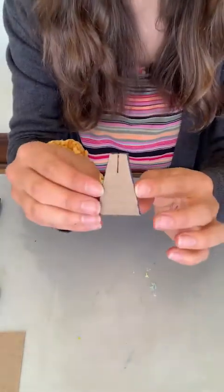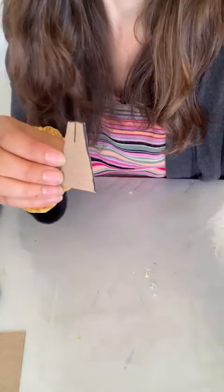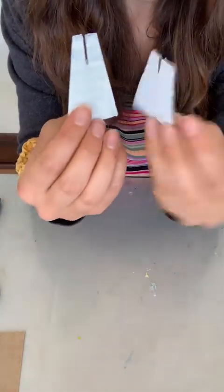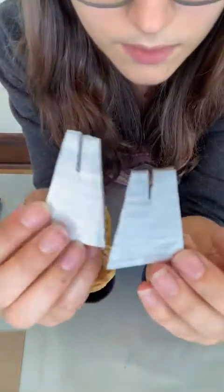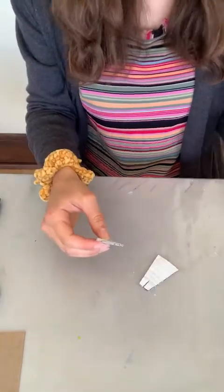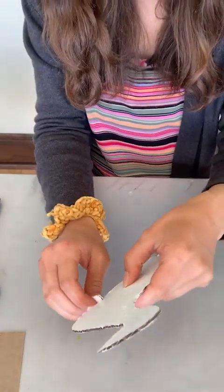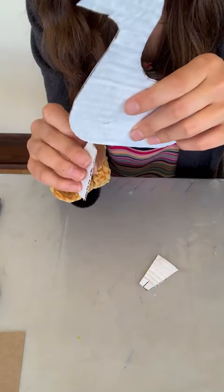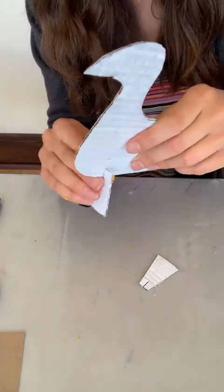And then you will want to paint these little things as well. So I have already done that as well. So we'll want to paint both sides. So you can see I gave them both little indents. All right, and just to show you how they will stand, you just slide these right into the bottom of your bird,